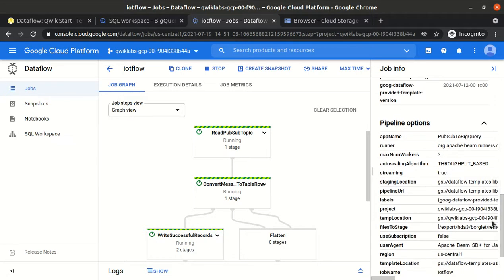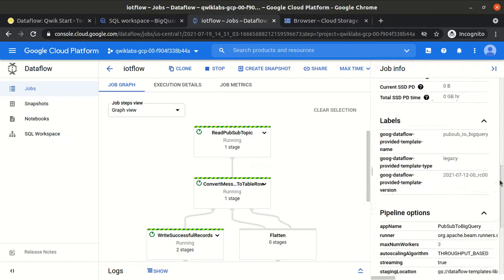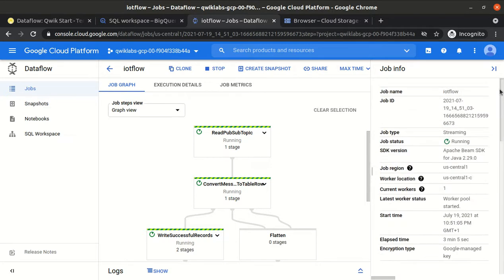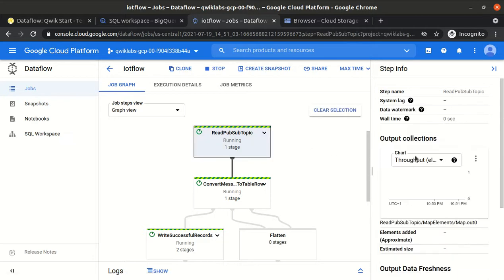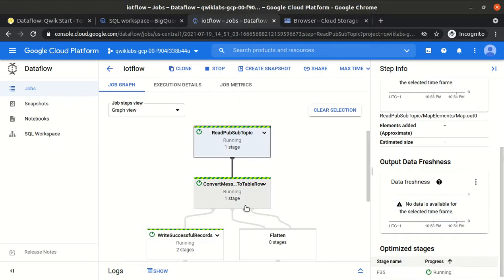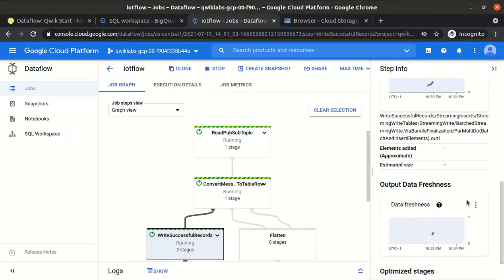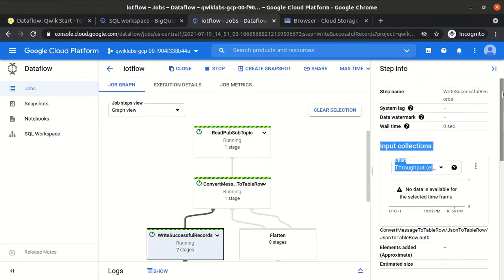See, everything came automatically. That is the job info. Otherwise, if we write our own jobs, we have to write a lot of code, right? We have to take care of the lagging concept, that is the watermarking concept.